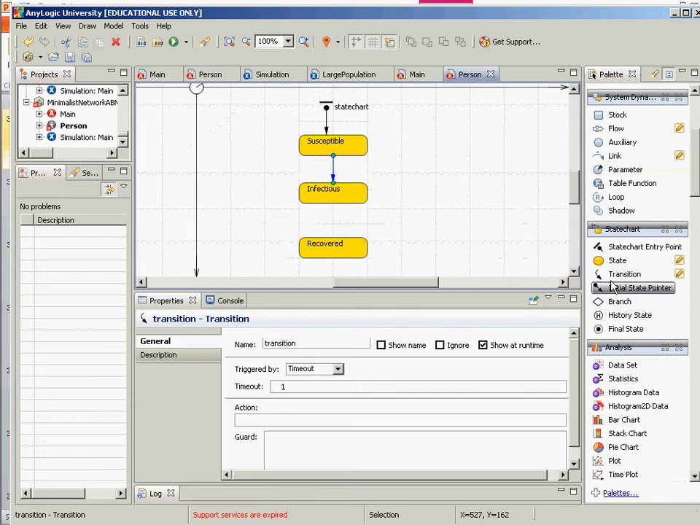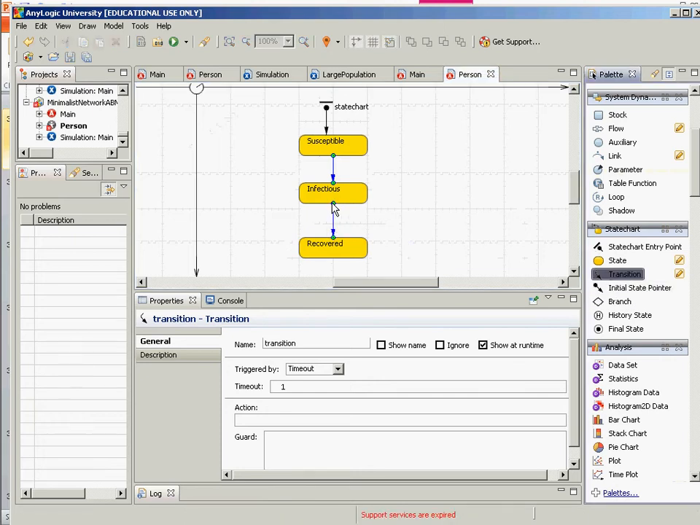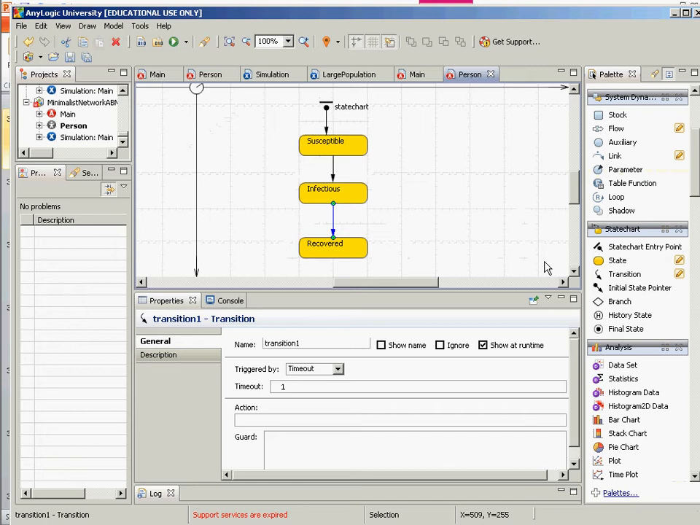Okay, how about one between infectious and recovered? Well, similar, okay? Now, maybe for some of you, you dragged it and it didn't quite connect. Be sure that you drag it so that it's connected, okay? Okay, that's great. Okay, how about susceptible and infectious? Well, let's suppose infectious and recovered. Let's suppose we want them to